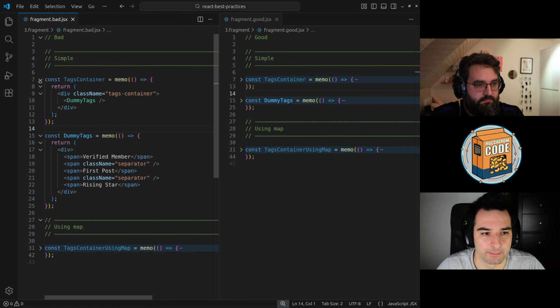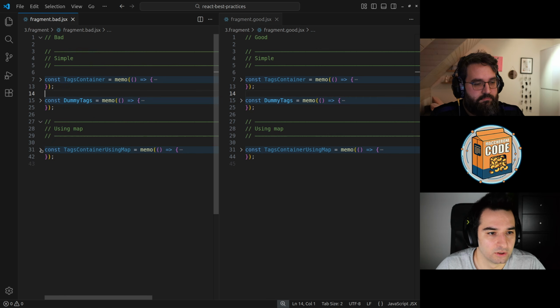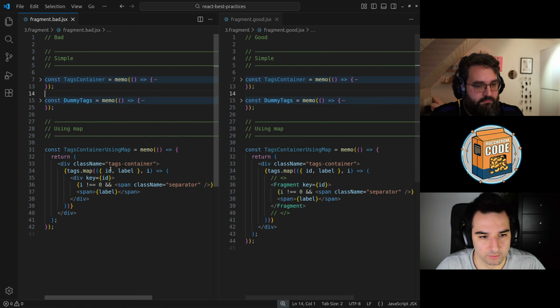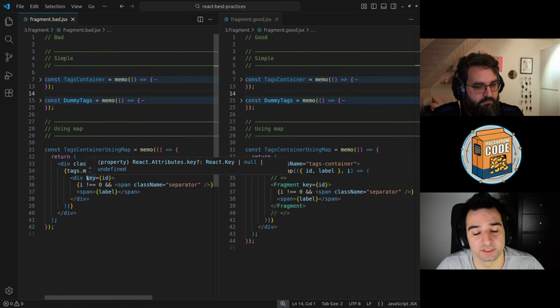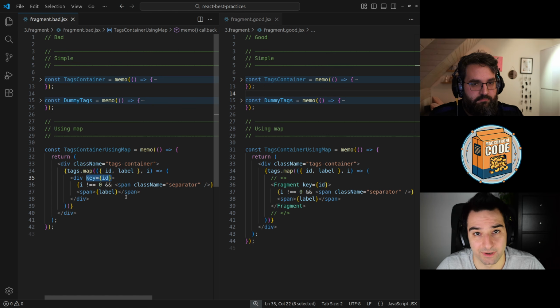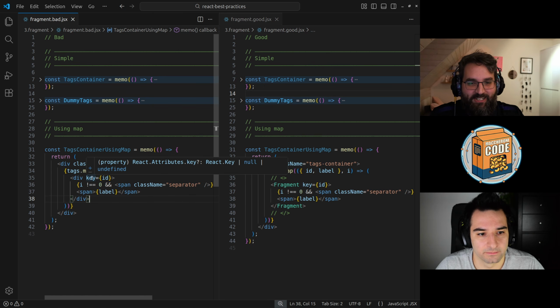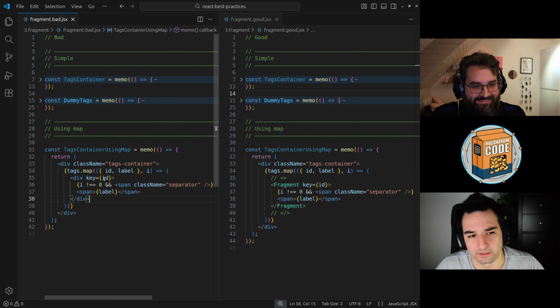Okay. But there is a particular peculiarity of the fragment with this syntax, that is when you use map, for example. And here is the example. Okay. When you use the map, probably all know that the components returned inside the map function must have a key. This is necessary for React to optimize the render. I guess for caching, okay. It's all about caching. Yeah, exactly.